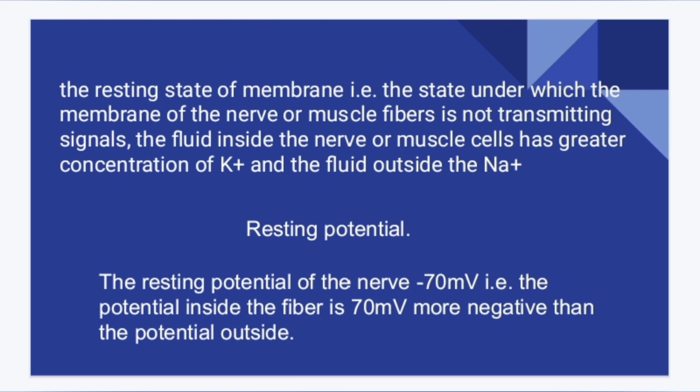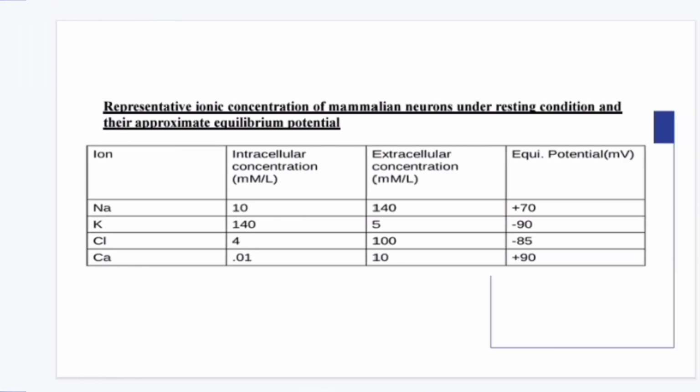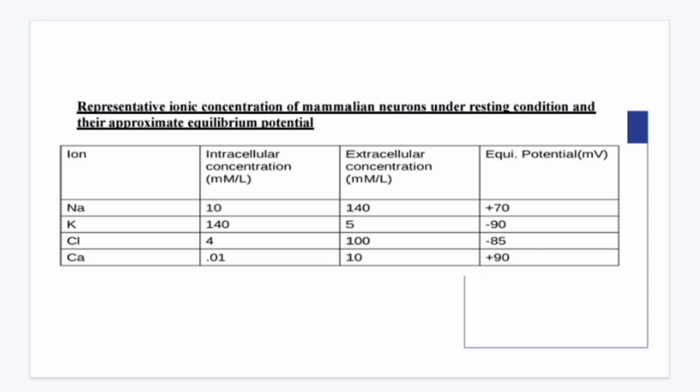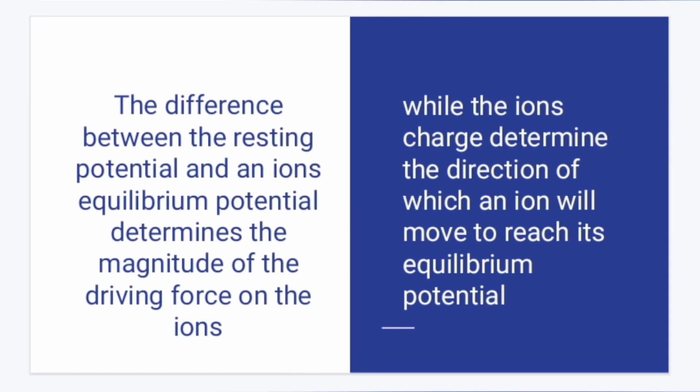So this voltage across the neural membrane at rest, that is the state under which the neurons are not conducting any impulses, is called the resting potential. In this table you can see the sodium, potassium, chlorine and calcium concentrations on the intracellular and extracellular sides, and the equilibrium potential. You can see that the inner side has more negativity than the outside. The difference between the resting potential and an ion's equilibrium potential determines the magnitude of the driving force on the ion, while the ion's charge will determine the direction in which an ion will move to reach its